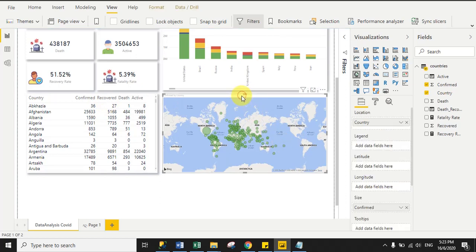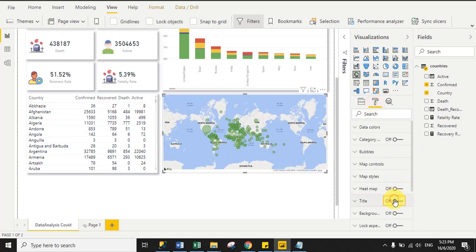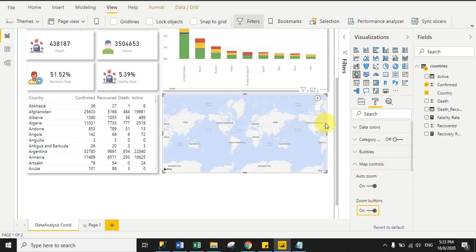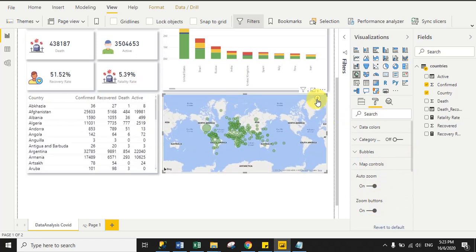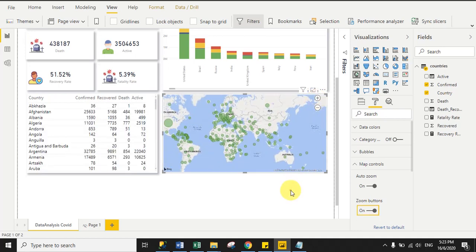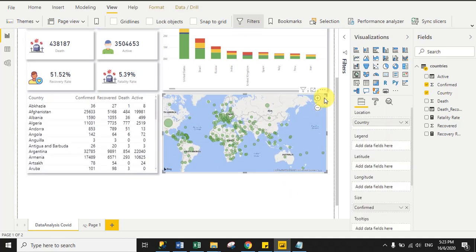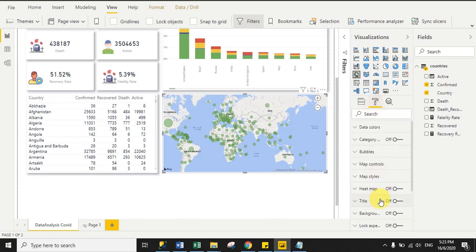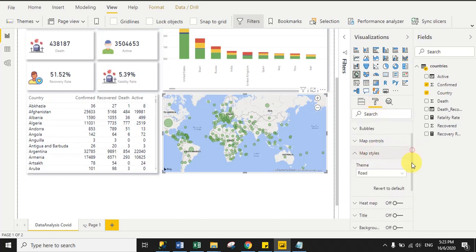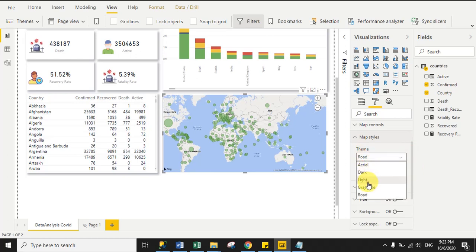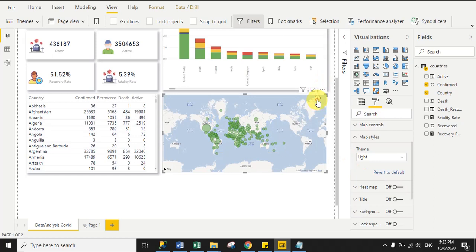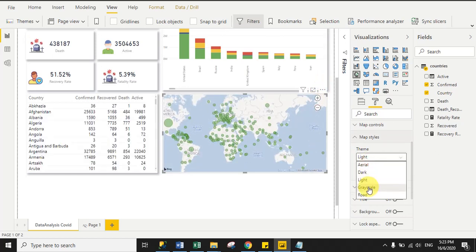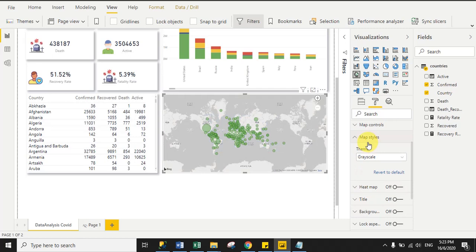So also you can turn off the title for map visuals. So select the map visual, go to the format bar and turn off the title, and also you can enable the zoom button in map, and just click to the zoom icon. And also you can change the layout for map. So just go to the format bar and click to map style, and right now theme is road. You can select light, and also you can select the grayscale. Okay, so from here you can manage the map style,